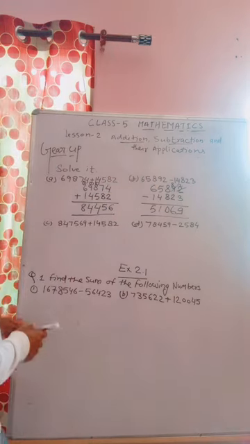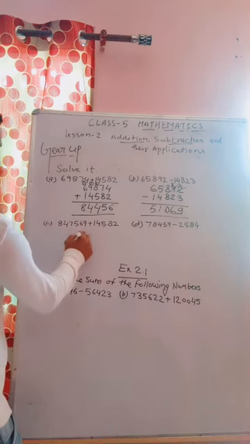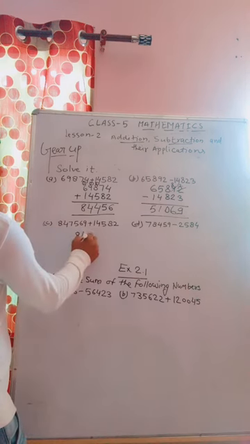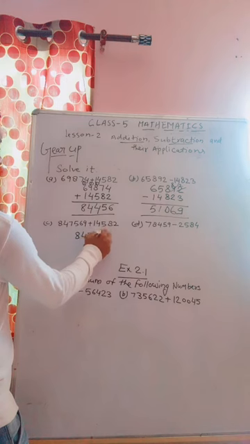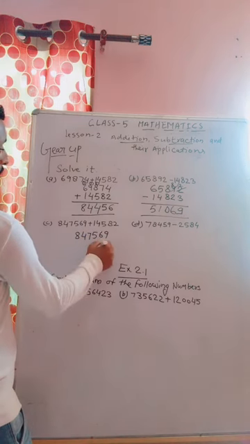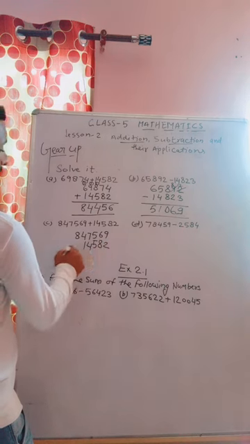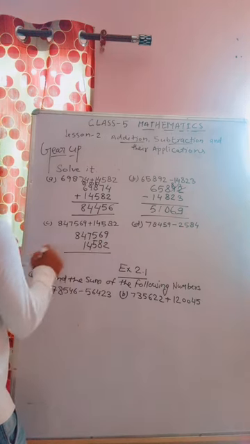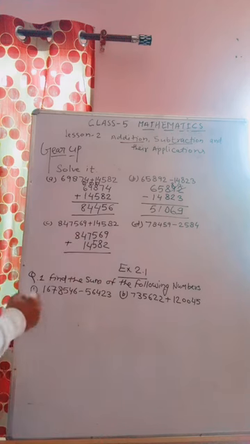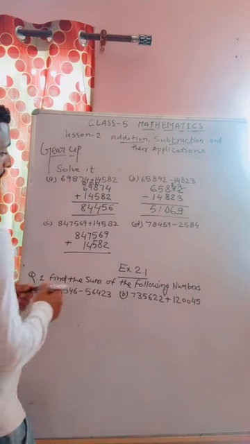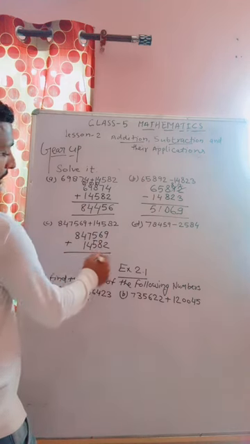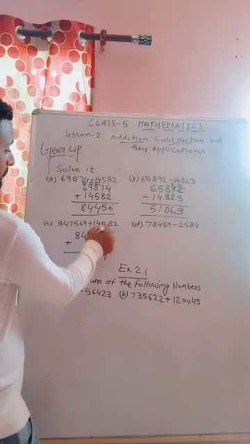Okay, see next. First you arrange this: 847569. You write here on the side 28541. Okay, what is given? The symbol is addition. You write here addition. Now you add: 9 and 2 is 11.